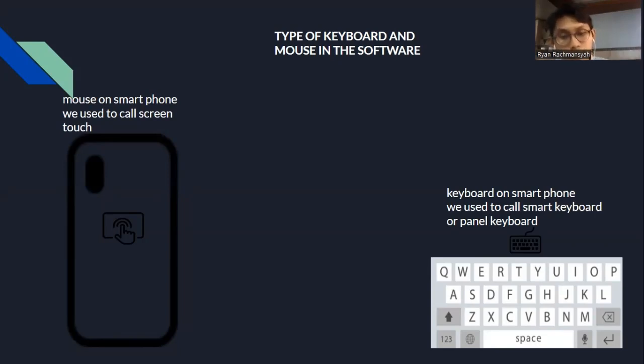On a smartphone, tablet, or laptop screen that uses a touch screen, you can use a mouse and keyboard in software form. Same as the smartphone, mouse and keyboard in the form of software.